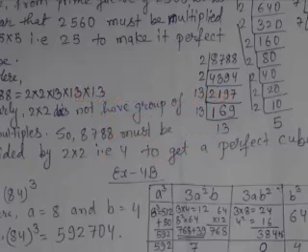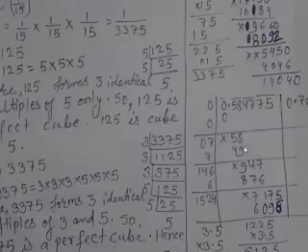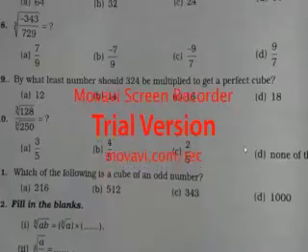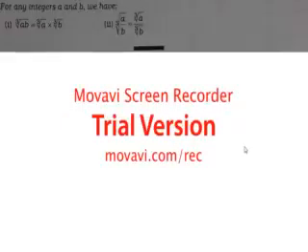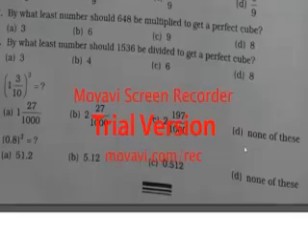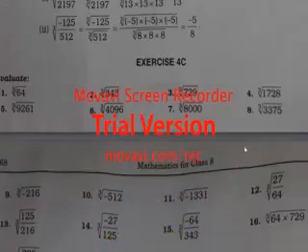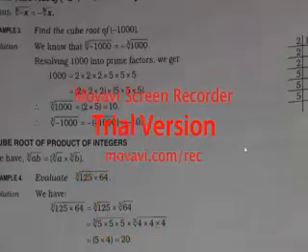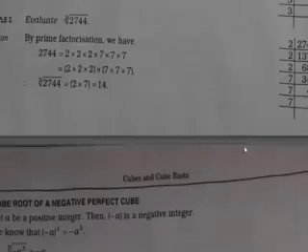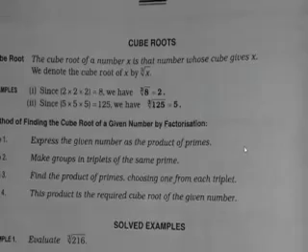In this way you can do 9 and even 7. Now we will move towards the shortcut method. Of course there are examples also. I will explain an example, then I will move towards the exercise. I hope by this video you will understand how to solve the questions in the shortcut method. It's very easy. Here you only have to remember a formula, that is the formula of a plus b whole cube.